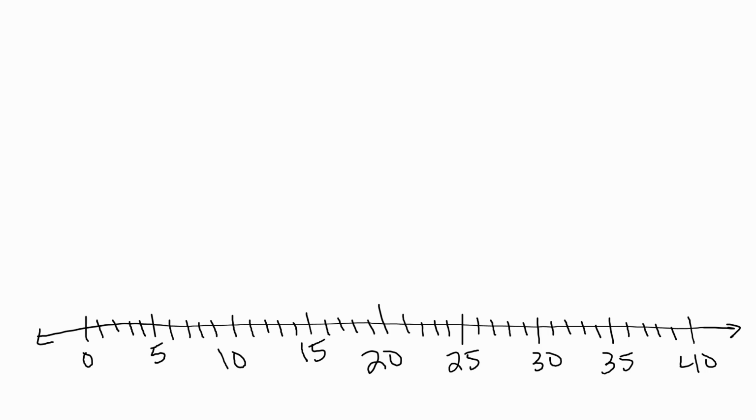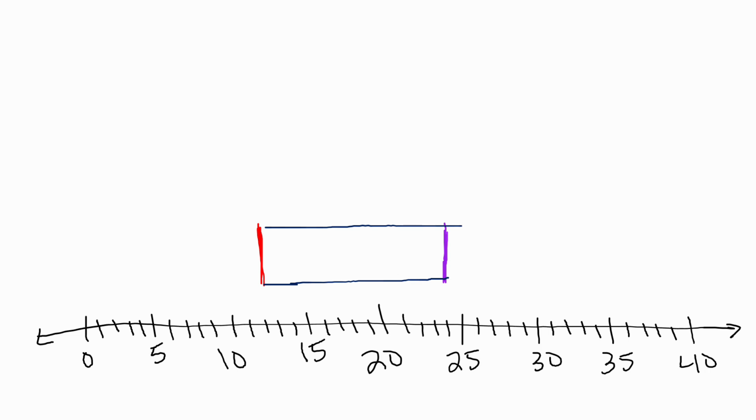Now let's go ahead and plot our points for our box plot. Now we start by plotting quartile 1, which was 12, so right about here. Then we needed to plot quartile 3, which is 24, which is all the way over here. Then we need to connect our boxes. So let's connect the tops, connect the bottoms. Okay,